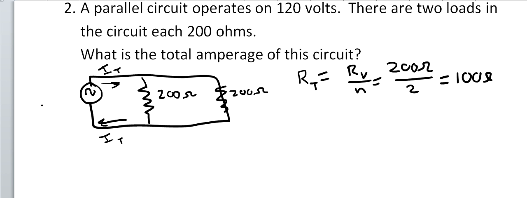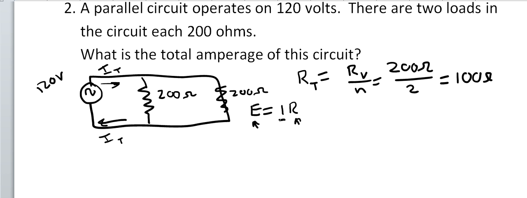Well, it's a 120 volt circuit, so we have all that we need to solve for amperage. We have the voltage and we have the total resistance, and all we need to do is to divide voltage by